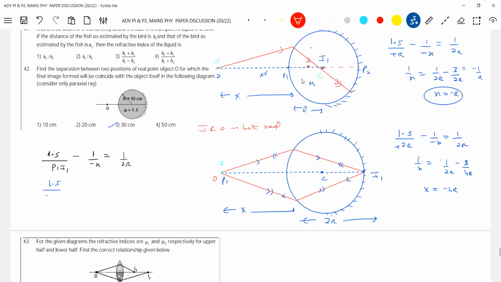No, where is the question of virtually here? Sir, x is minus 4r, so we should send that object to the other side of the mirror. Oh. After reflection, in the first case, I can accept, sir, it is a real object. But in the second case, it is a virtual object.